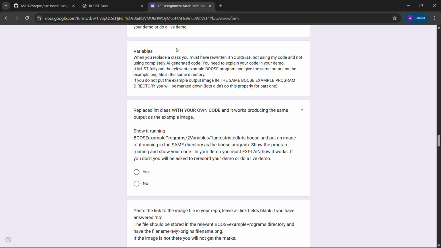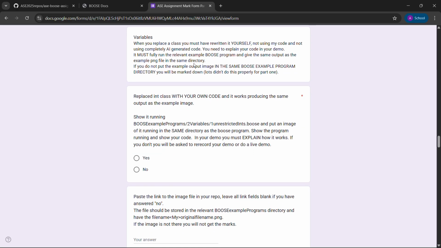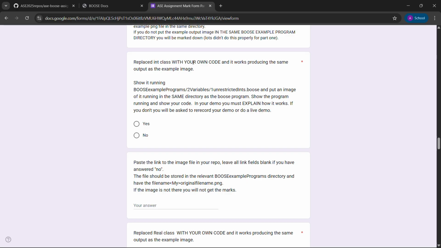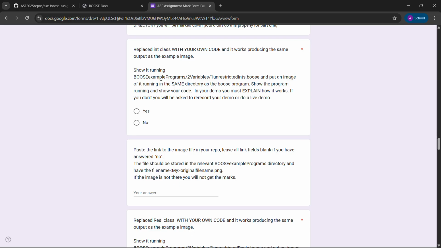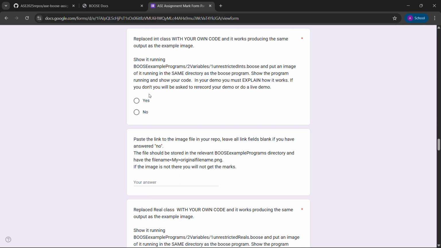Moving on, variables. When you replace a class, you must have written it yourself and not used my code as it is. Yes, I've replaced the classes with my own code, starting with the replaced int class, and it works, producing the same output as the example image. So it's running.